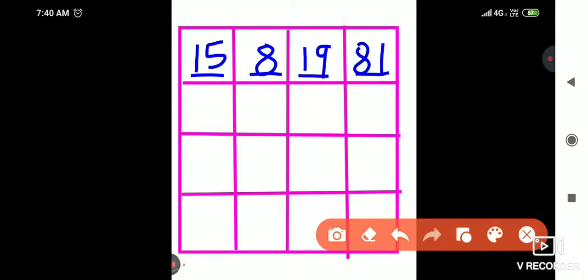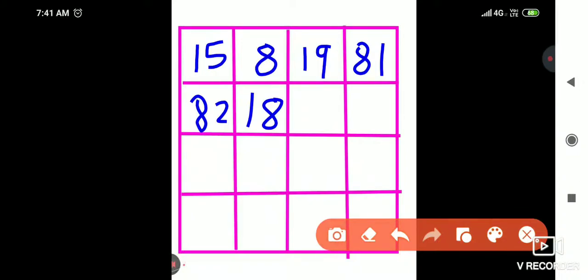Next, in the second column, in your year, which for me is 81, we have to add 1. So 81 plus 1 is 82. Year plus 1, and here I write 82. Next, in this box, you write your birth century. My century is 19, and I have to subtract 1. So 19 minus 1 is 18.